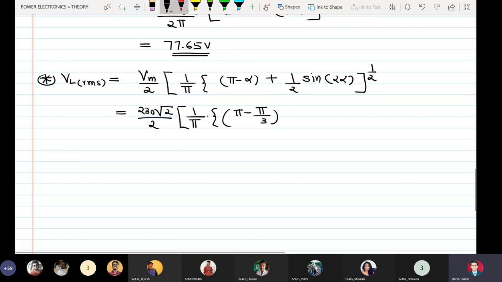I told you that this alpha is in radians, this alpha is in degrees. So pi minus pi by 3 plus 1 upon 2 sine of 120 degrees, which is equal to